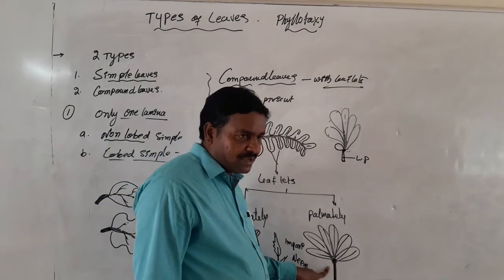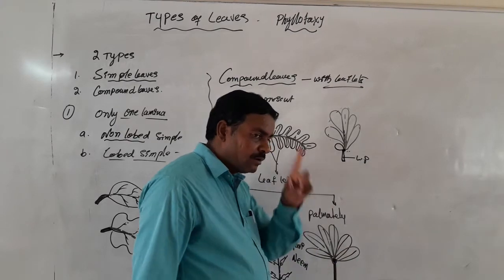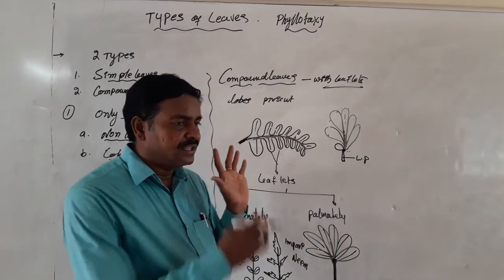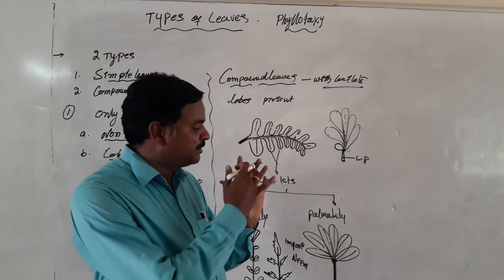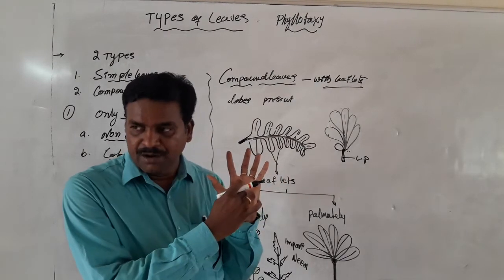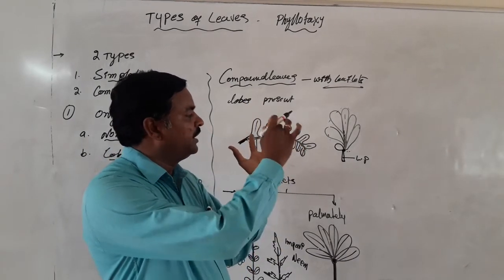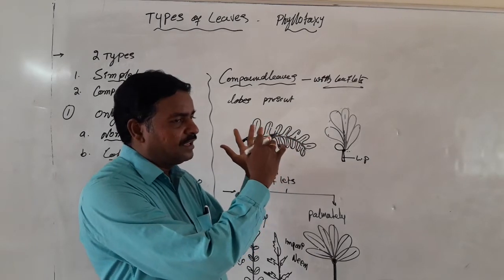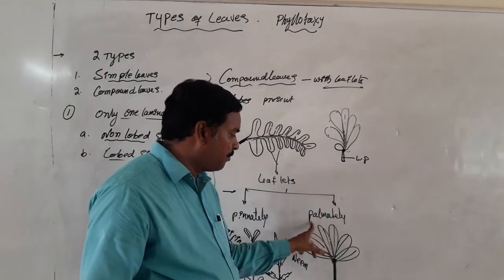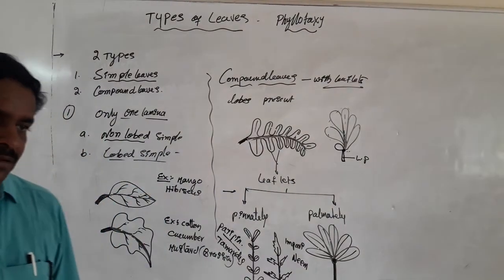Here the radis is absent; many leaflets are attached at a common point at the tip of the leaf petiole, so that it gives an appearance of the fingers in the palm. The arrangement of leaflets gives an appearance of the fingers of the palm. Now this is the petiole, this is the common point. All these fingers come from where? They come from the tip of the petiole. It gives this kind of arrangement, a palm arrangement. Based on the arrangement, we divide into two types. Anyhow,